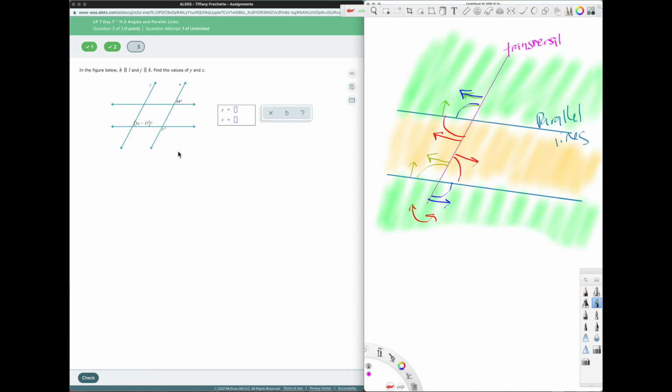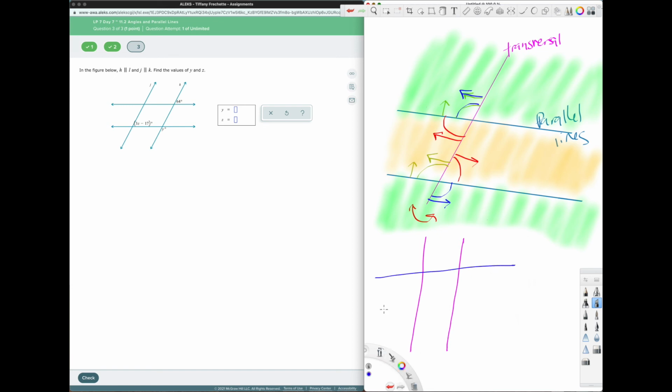Because we have H and K, they forgot to label these. We have H and L. So they forgot to put labels on these guys, but this is H, this is L. They're parallel, and we also have J and K, and they're also parallel. So we have, you know, a little bit more going on. So we have these 2 pink ones that are parallel, and then we have these 2 blue ones that are